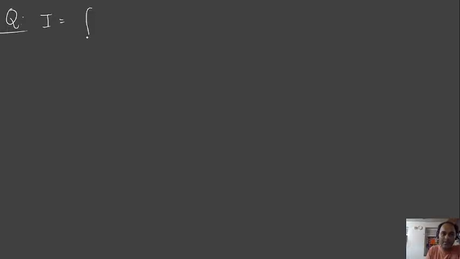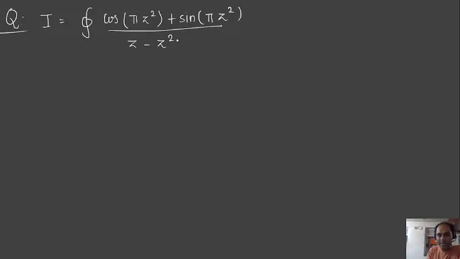I is equal to integration of cos pi z square plus sin pi z square divided by z minus z square, c dz, where